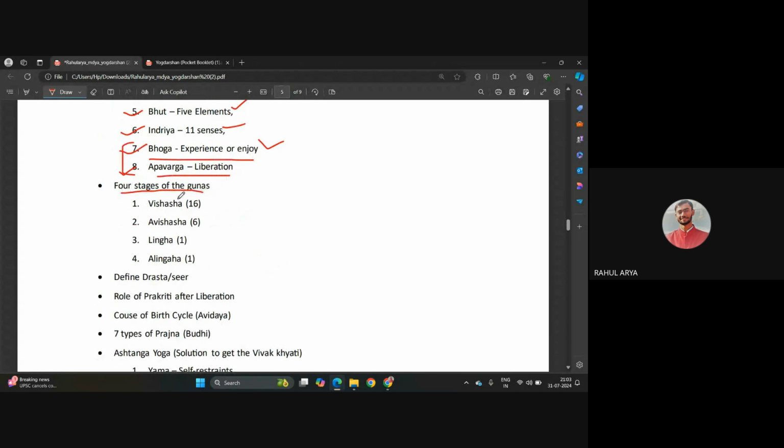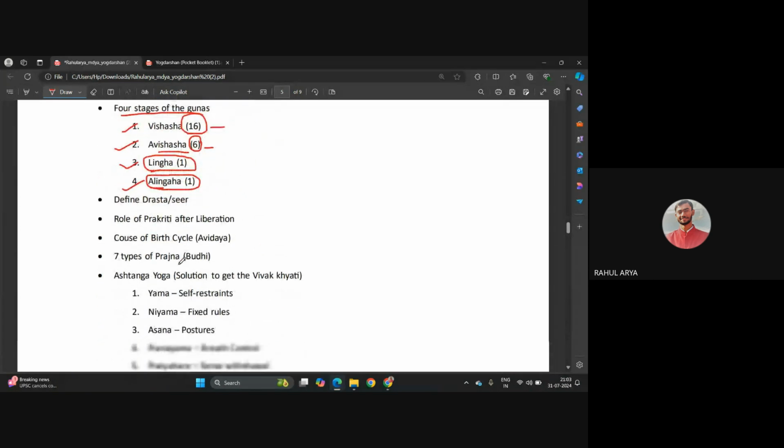4 stages of the gunas here: Vishesha, Avishesha, Linga, Alinga. Remember, under Vishesha there are a total of 16. And Avishesha have a total of 6: the Pancha Tanmatra and the Ahankara. These are the 5 elements and Indriyas. Linga is Buddhi. Alinga is Prakriti. So Drashta, the definition of Drashta, meaning the Purusha, is here. And the role of Prakriti after liberation, what will happen when the Purusha is liberated,